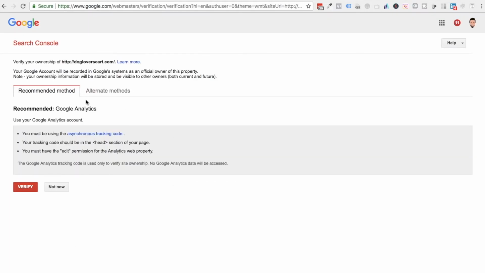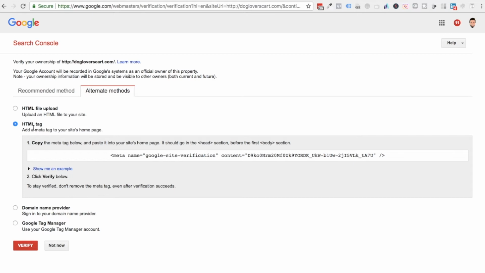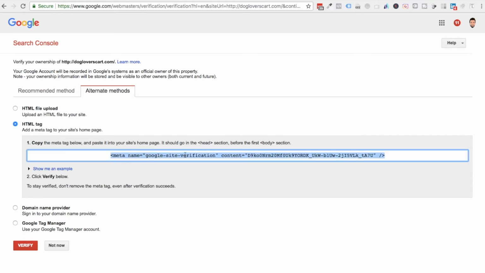and once you are done, it will ask you to verify your website. So if you are not able to see anything over here, click on alternate methods. You can just go ahead with any of the methods. What I'm going to select is HTML tag method. So I'm going to select this code and come back to